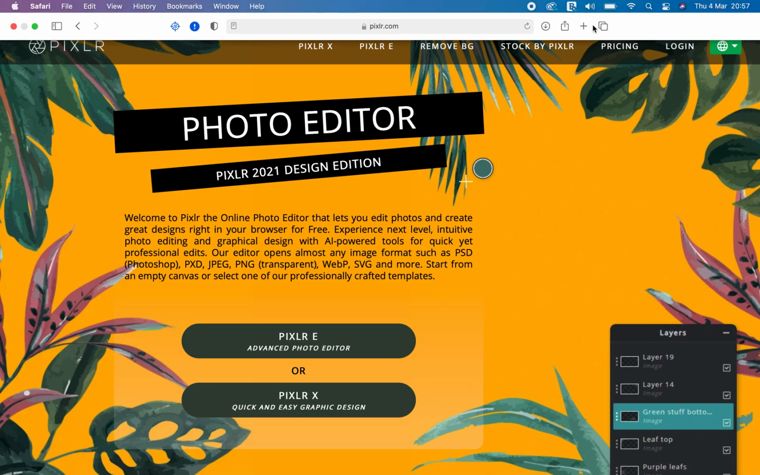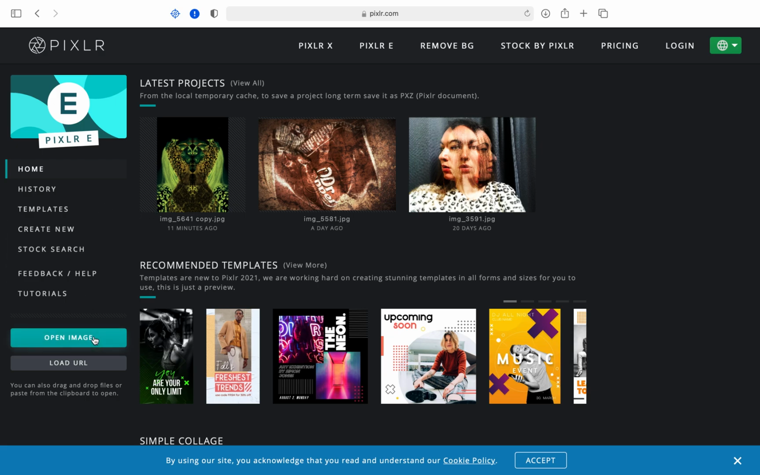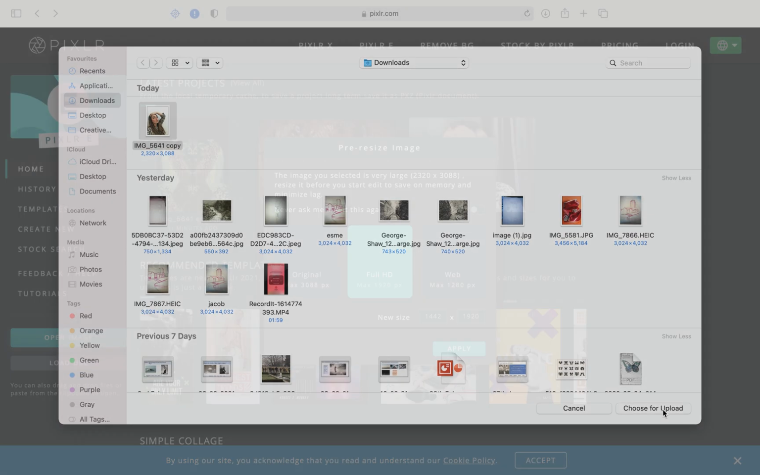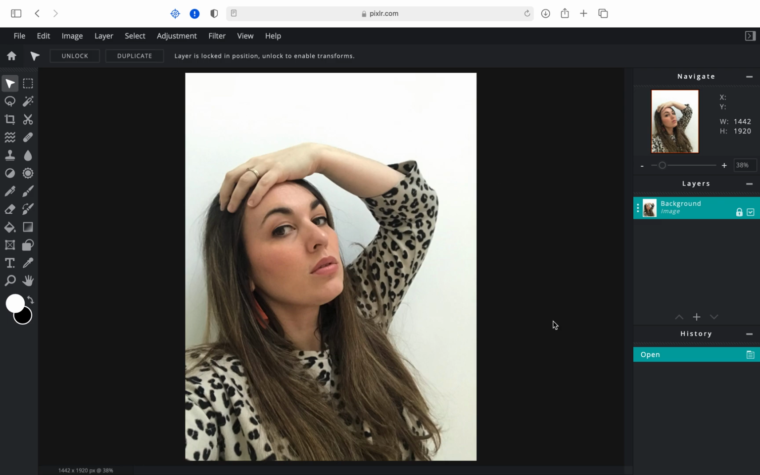A tutorial on how to create a mirror editing technique in the style of Sebastien Jardini on pixel art. Okay, so I've gone to pixelart.com and I'm going to click on Pixel Art E, and I'm going to open one of the photos that I've taken previously. I've chosen a portrait just to fit in with his theme. Apply. Okay, there you can see a nice picture of myself striking a pose, which I think will work quite